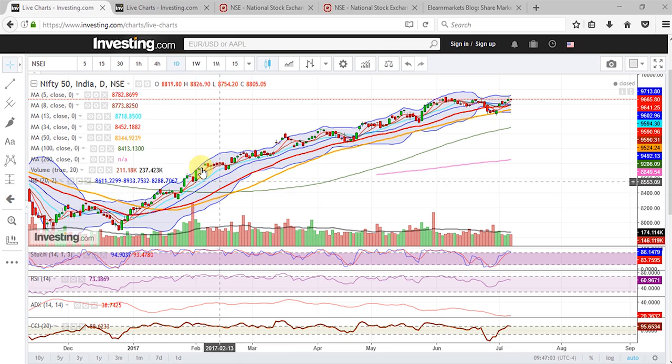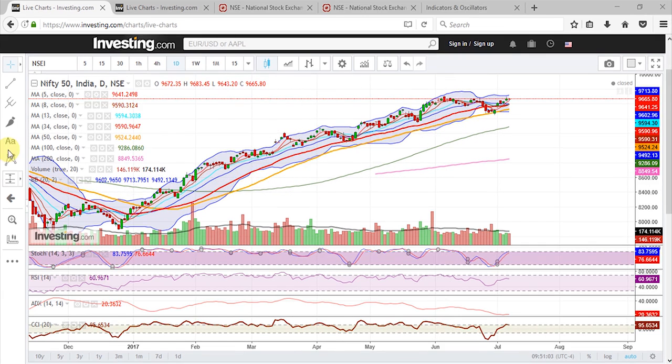Now let us look at the daily chart of Nifty. Here in this daily chart of Nifty, we have used 5, 8, 13, 34, 50, 100 and 200 DMA. We have also used the volume and the Bollinger Band. Also, you can see that below we have used the slow stochastic, the 14 period RSI, the ADX and the